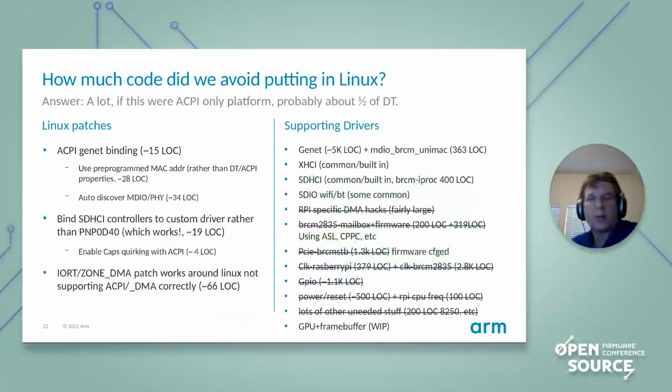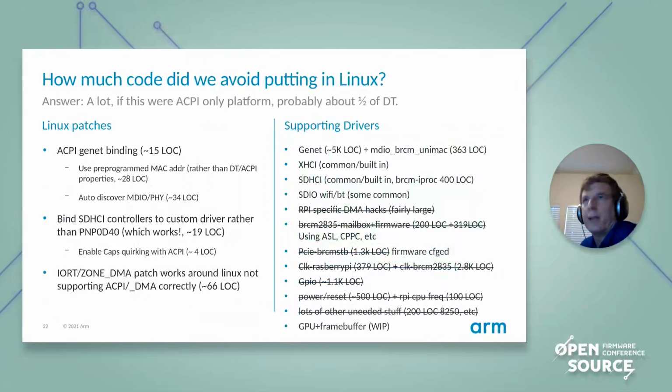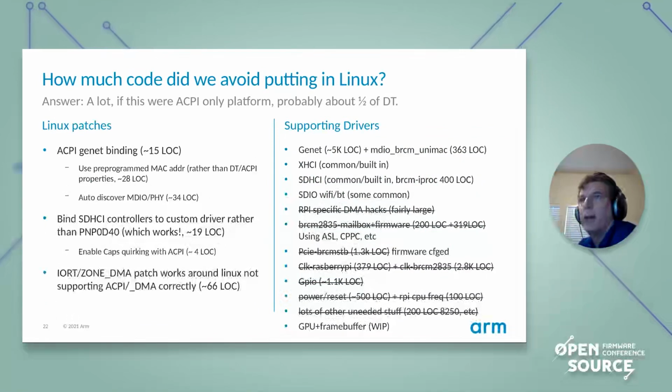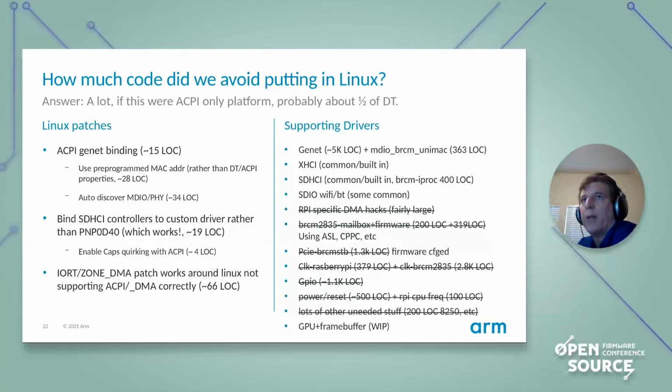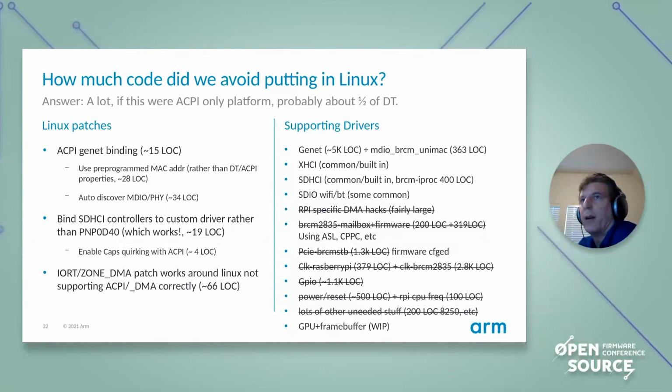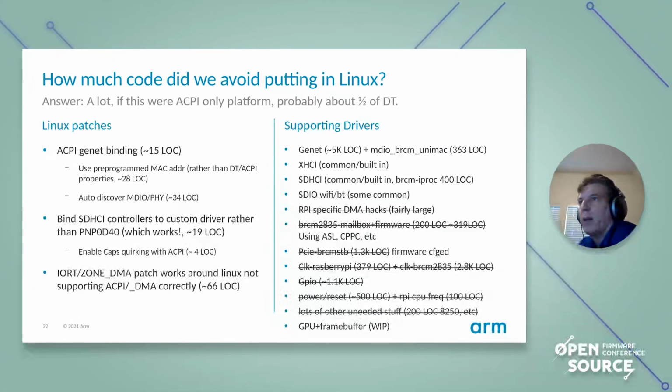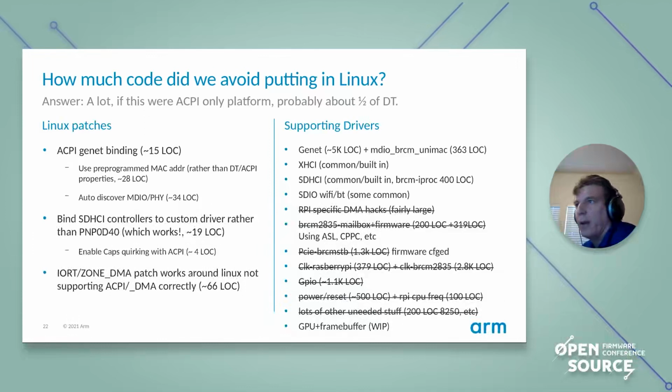So in the end, how much code did we avoid putting in Linux? And the answer is a lot. If this were an ACPI only platform, it's probably about half of DT. So the ACPI Genet binding was just a few lines of code. Of course, we're leveraging the existing driver, so that's a bit of cheating. But we don't need a number of